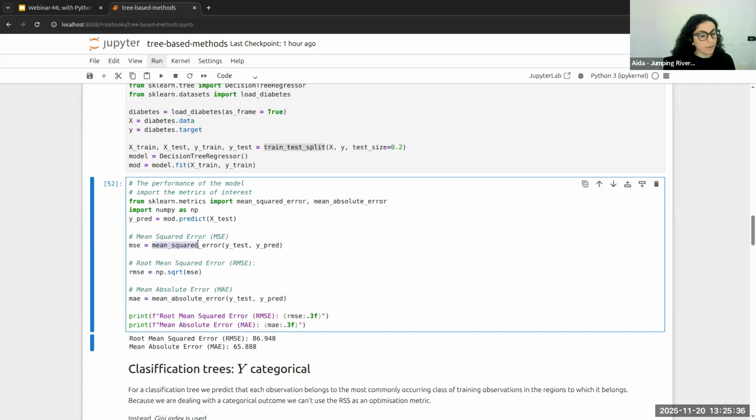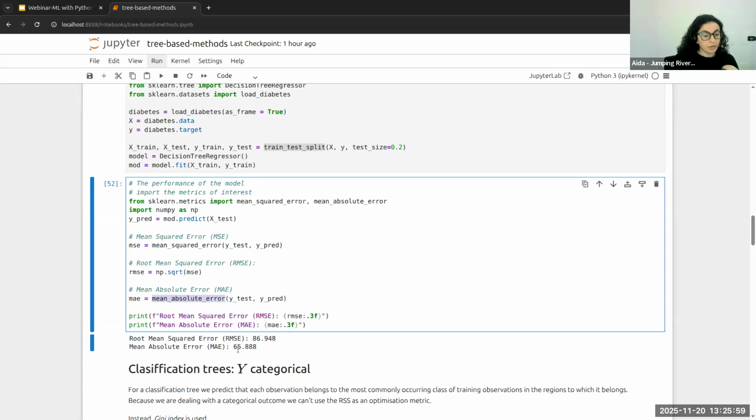And so I measure the mean squared error, root mean squared error, and mean absolute error. So all these metrics can tell us somehow how our model is performing. And so for now, I have got 86, which is in the unit of the outcome variable.